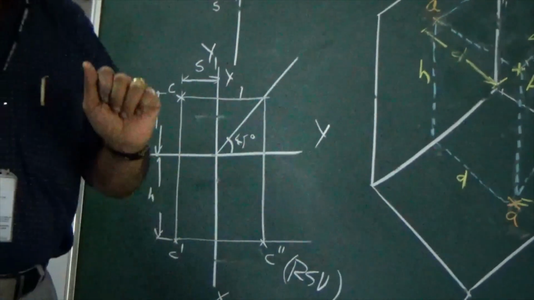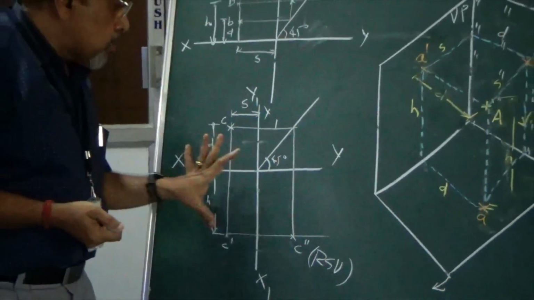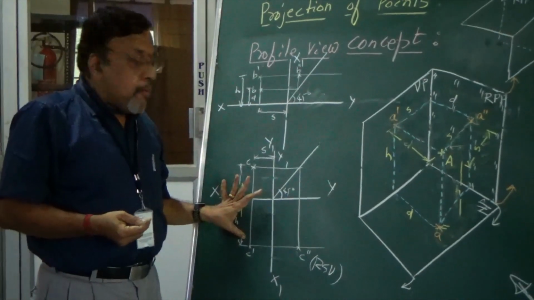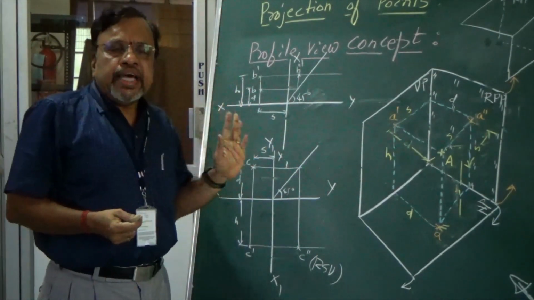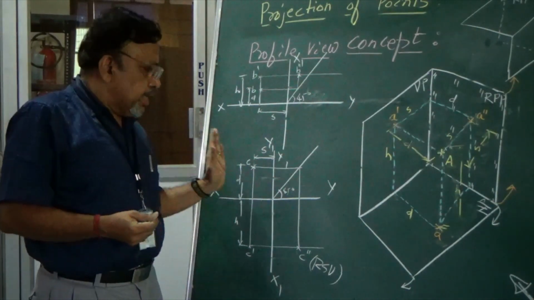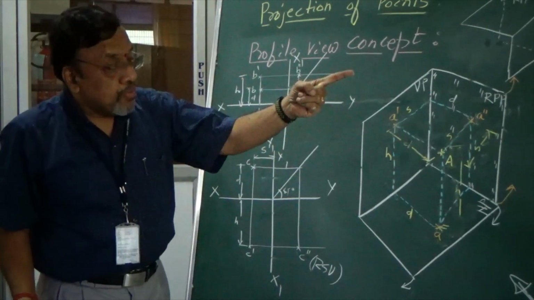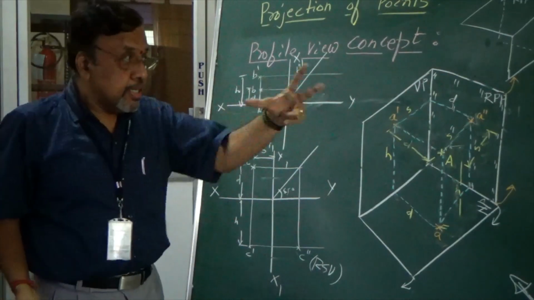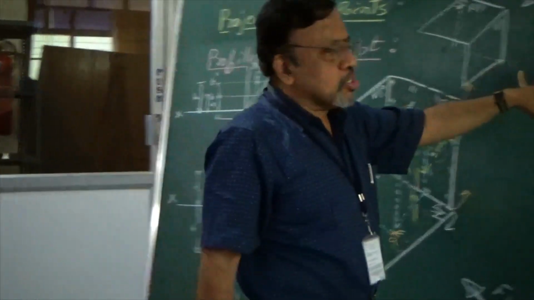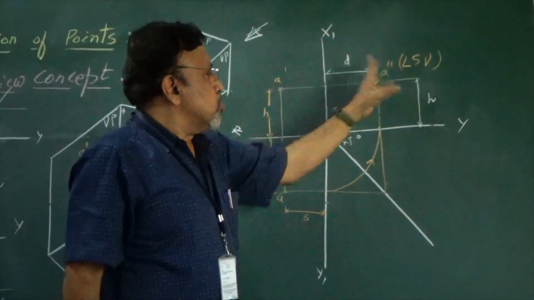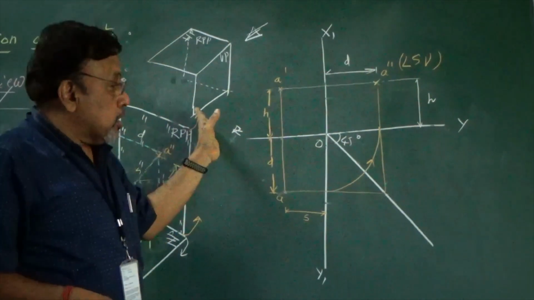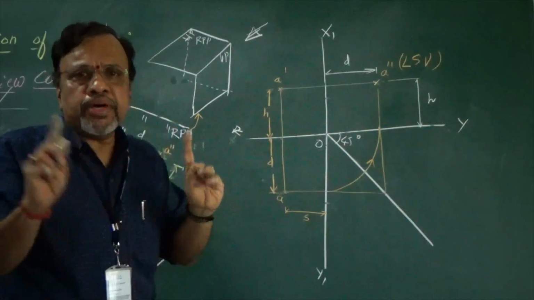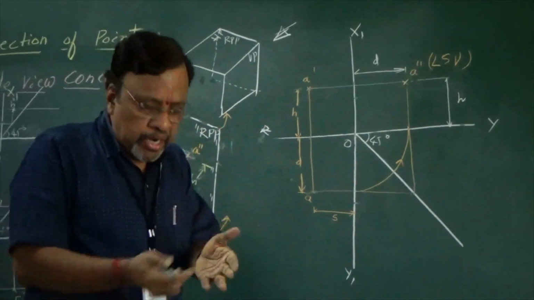So the general conclusion is, in the case of third quadrant problems, the right side view comes onto the right side only, and the left side view comes onto the left side only. But in the first quadrant, there is a distinction. In the case of the first quadrant, the left side view is projected onto my right side and the right side view is projected onto my left side. Remember, those are the important points to remember.